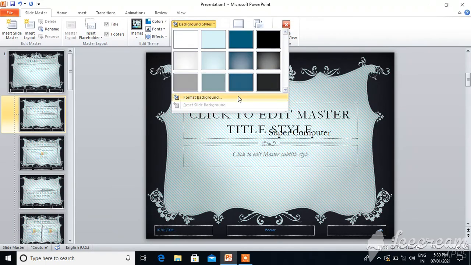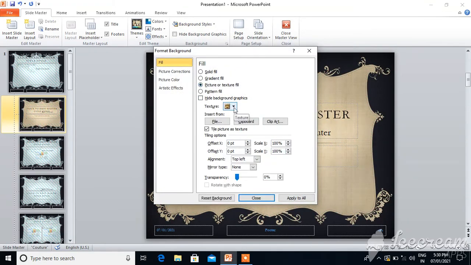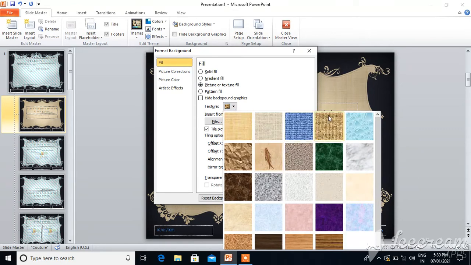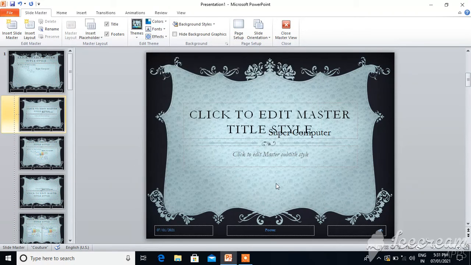Okay, in this way you can apply any pattern, picture, text effect to your slide. See, I just applied water droplet to my slide. So in this way you can change the background of your slide.